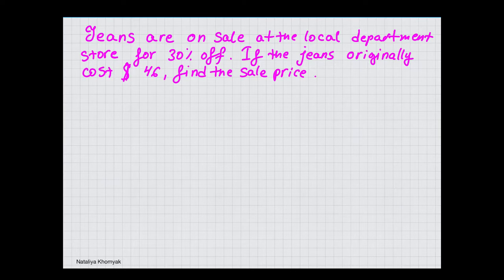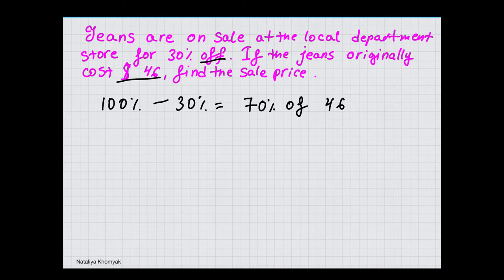$46 is the original 100%. The new price is 30% less, or 30% off, so we're going to minus 30%. So the new price will be 70% of the original $46. Let's change 70% into decimals out of 100%. The zeros cancel. So what we need to calculate is